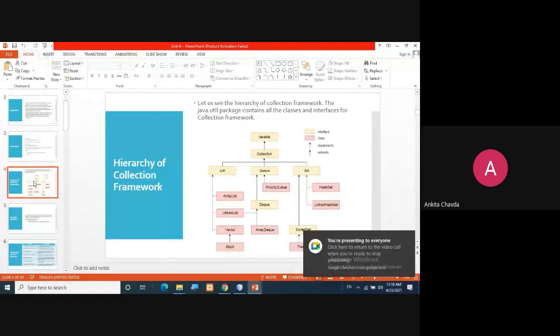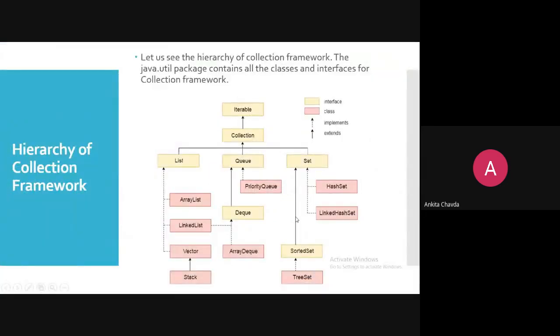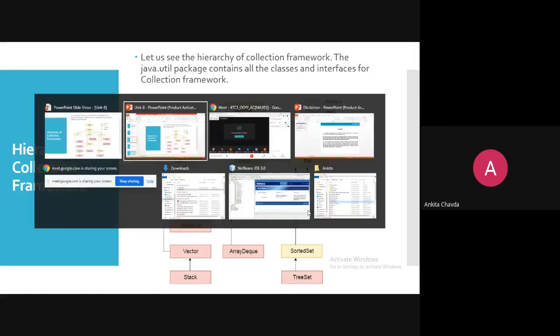Fine. I would like to show you this hierarchy again. Here we have seen one example related to priority queue, right? Few examples of array list, linked list, vector class. We have seen stack, right? Then today we are going to see hash set and tree set and a few examples, right? And how to convert array to list and list to array, and a few of the differences. This is what we will do today. Okay, so let's see some examples first.